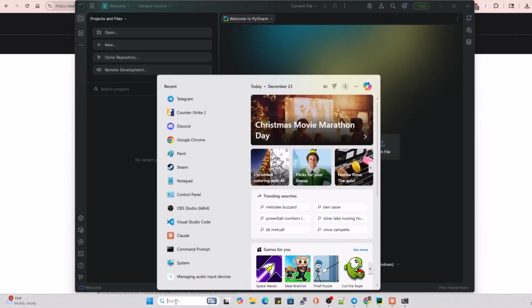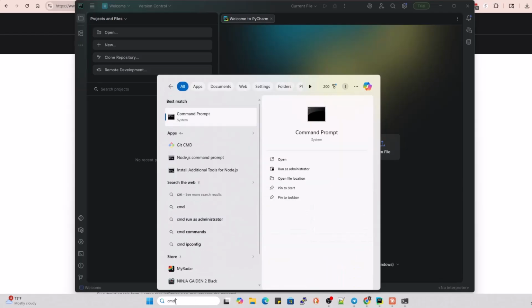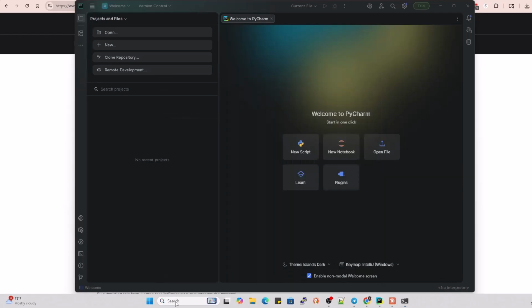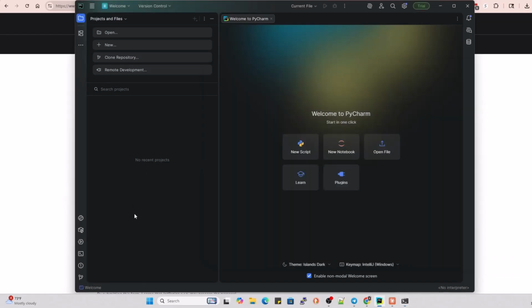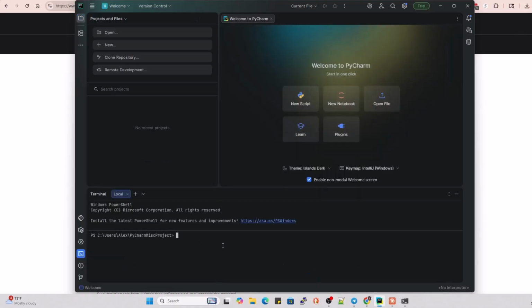One way to verify if we have Python installed is to just go and type cmd here, and you'll have a command prompt coming up, and do python --version. This will show the Python version installed. The other way to look into what Python version is installed is to go to the terminal in PyCharm and do the same here. python --version,